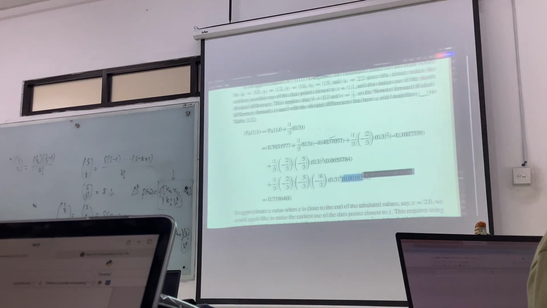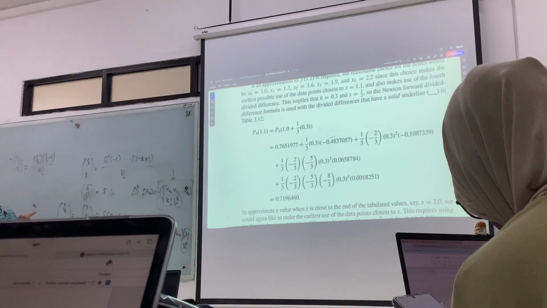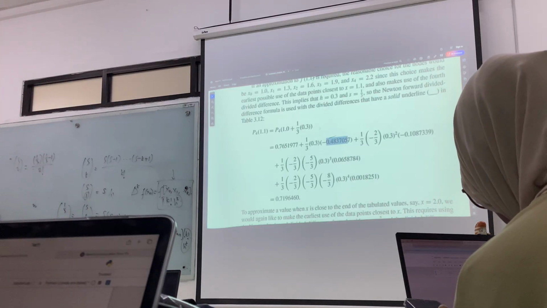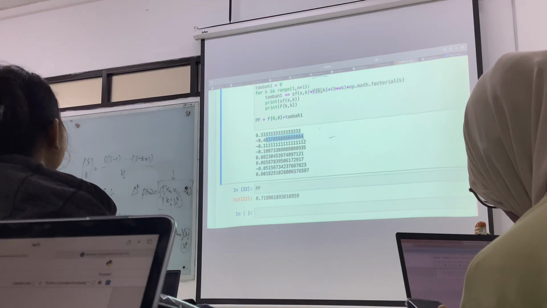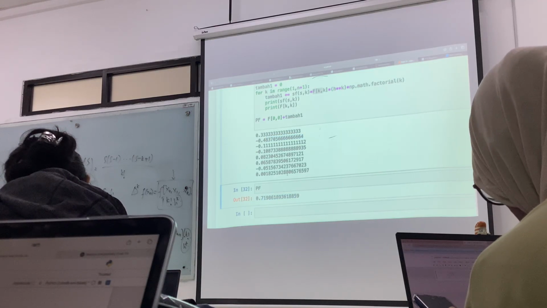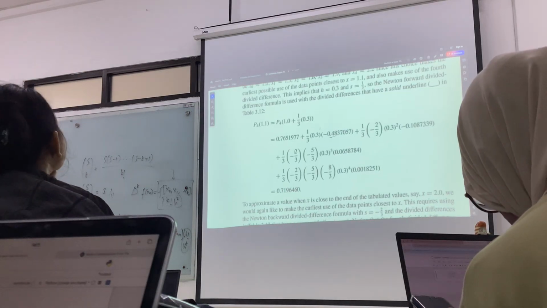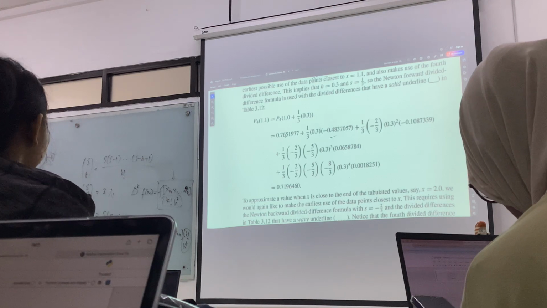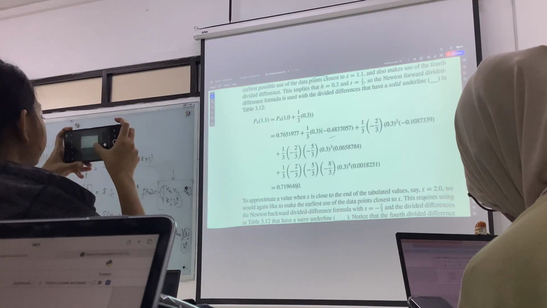Or maybe you can try to calculate this and use this exact value that they got here. Maybe they calculate using this value like this, but here they calculate it using the exact value, longer decimal. That's why we have different decimals. Okay. You can check first using your Excel, please, directly now, just to make sure. Input exactly the same given values here. Did you get this value 0.719646?